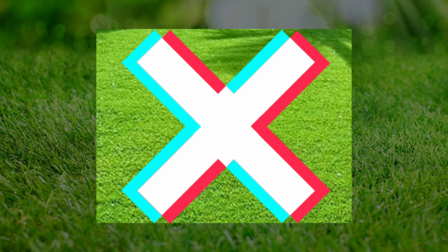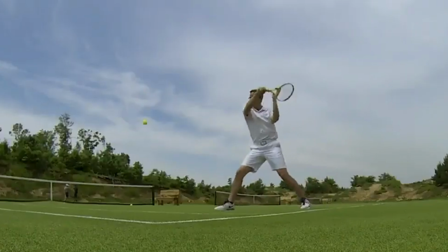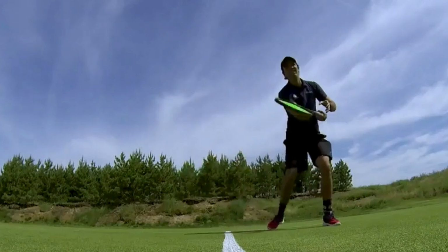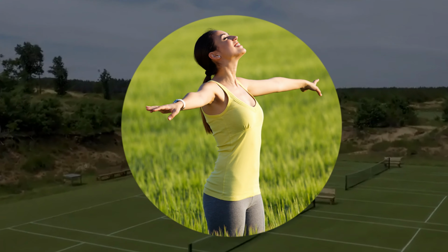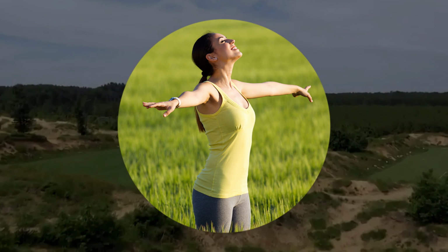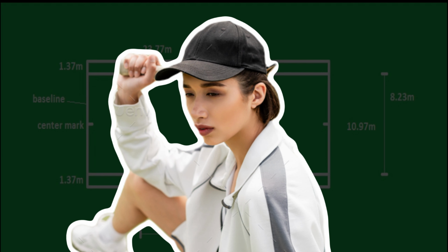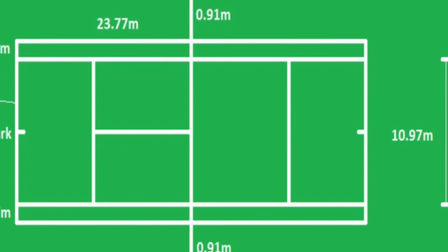This isn't your run-of-the-mill grass. This is a field of dreams, a carpet fit for tennis royalty. The scent of freshly mowed grass fills the air, and you can practically feel the cool breeze brushing against your face. But hold on to your tennis hats, because the other half of this court is where things get absolutely